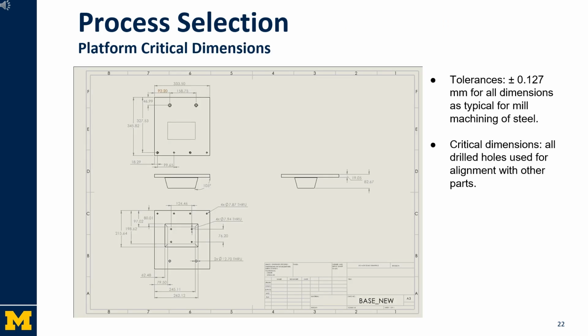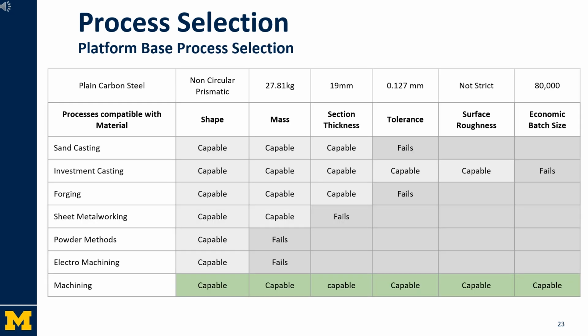For the process selection of the platform, we first defined the critical dimensions, which we decided were all of the drilled holes, since these are used for alignment with other parts. We used a tolerance of 0.127 millimeters for all dimensions, as this is typical for mill machining of steel. We chose to use plain carbon steel for this piece due to its strength and defined it as a non-circular prismatic shape. With the other dimensions and the economic batch size, we found that machining was the best option to